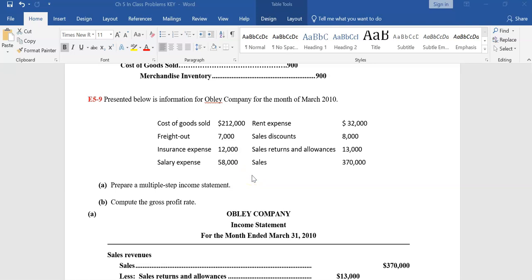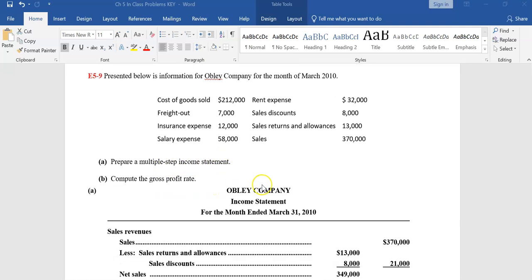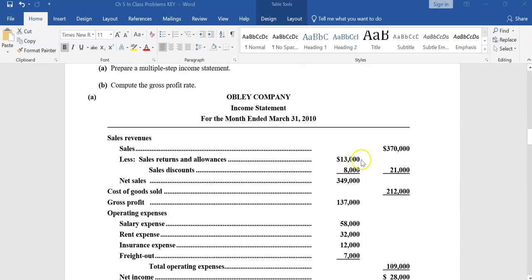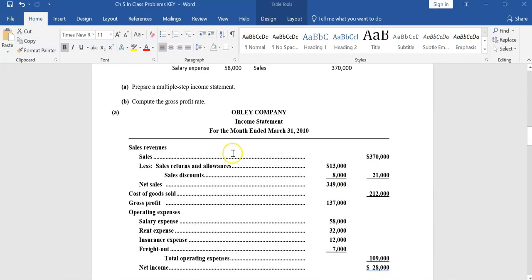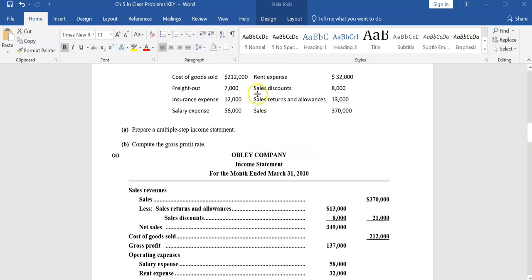When you're dealing with a company that is a retailer or a merchandiser that sells inventory, we have an additional step that we need to take in the calculation of income, which is why they call it a multi-step income statement. The income statement still only reports revenues and expenses. However, what it does is it prepares an extra step in the process of calculations. We start with the revenues. Here are our revenues of